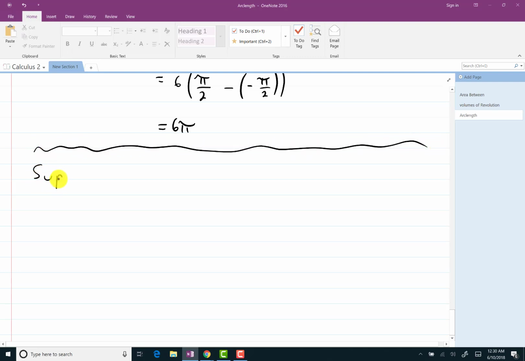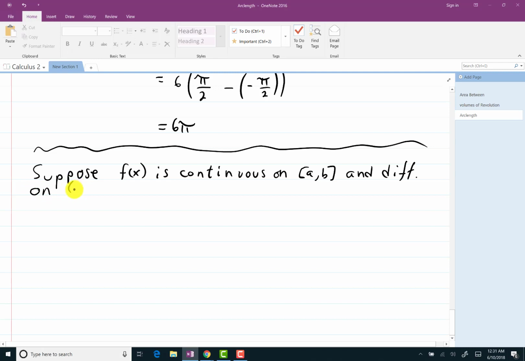Suppose f of x is continuous on a closed interval a, b, and differentiable on the open interval a, b, then the arc length of f of x on a, b